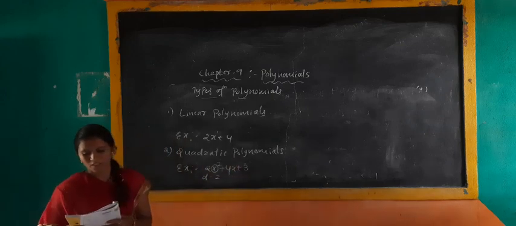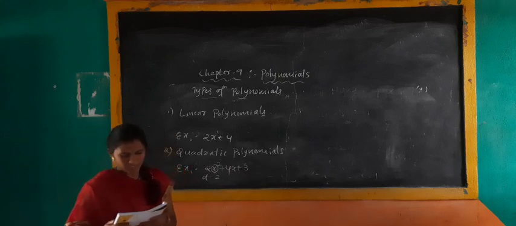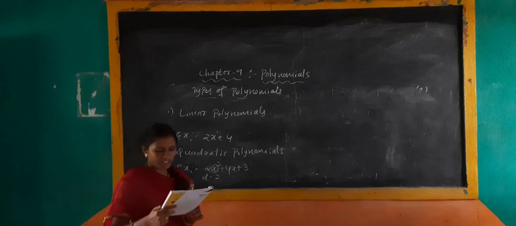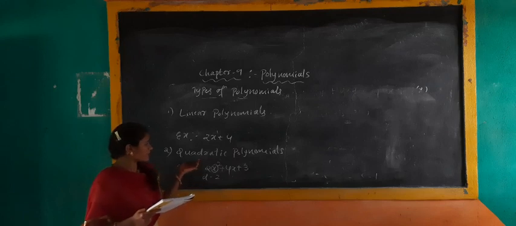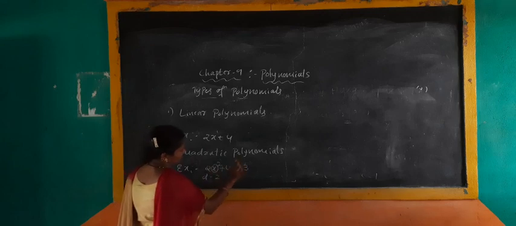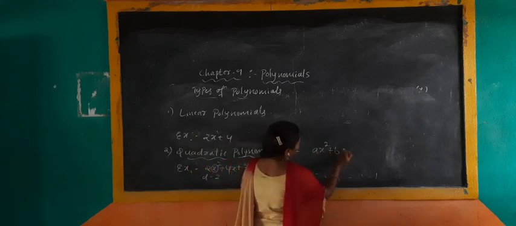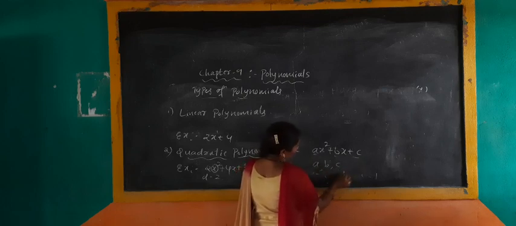You go through the polynomial chapter, on the first page. Here they have given the introduction part. In that, a polynomial of degree 2 is called the quadratic polynomial. The name quadratic has been derived from the word quadrant, which means square. For example, already I gave 2x square plus 4x plus 3. It is in the form of a quadratic polynomial, written in the form ax square plus bx plus c. Here a, b, c are real numbers.